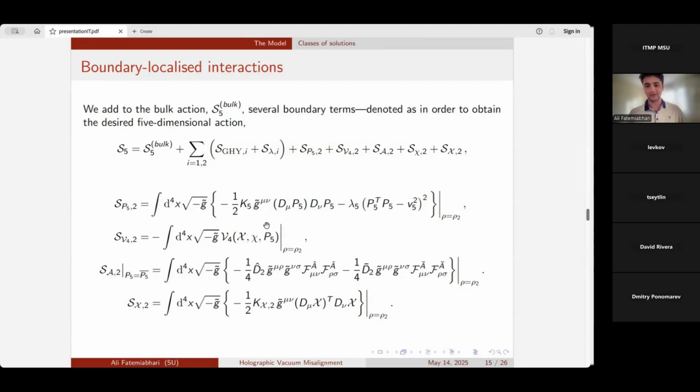And that is where we introduce a new dynamical field called P5. It is transforming under SO5 in such a way as to compensate for any symmetry breaking effect coming from the chi field or from the potential. And the Lagrangian for the P5 is written above. It has a kinetic term and it has a potential. So it is rendering the explicit symmetry breaking in the misaligned direction into a spontaneous symmetry breaking at the gravity level.